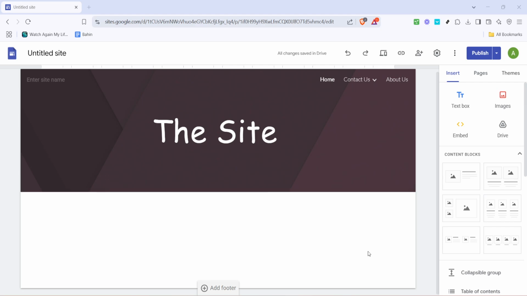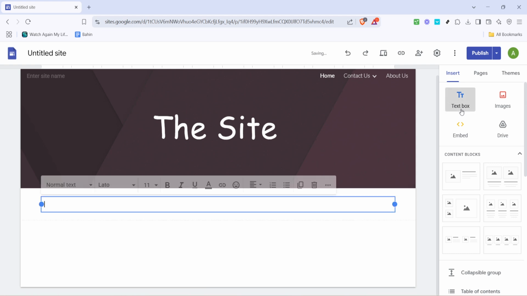First, you'll want to have your Google Sites page open where you plan to add the heading. Start by clicking on the text box where you want to insert your new heading. This text box is where you typically add content, but here we're going to change its format a bit. Its default state is normal text, which is suitable for regular paragraphs, but for headings we'll need to make an adjustment.